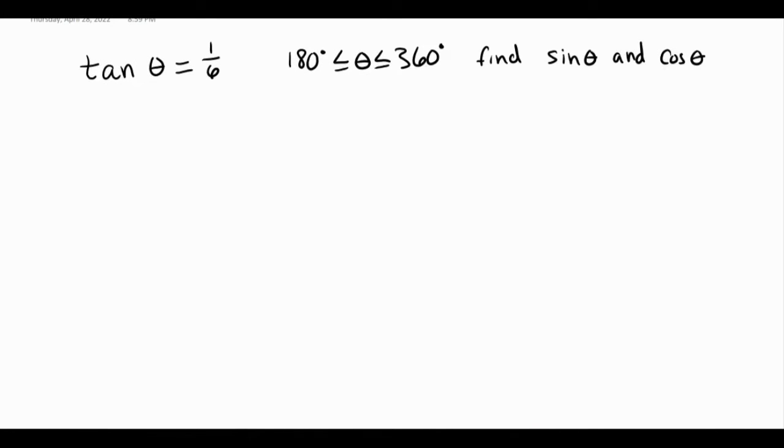Thanks for stopping by for this trig identity video that's a little bit different than the first one we've talked about. But basically a question that I might ask you looks something like this. So far, we've kind of talked about if we are given sine or cosine, we have to find the other one. Well, there's another option where I might give you tangent of an angle and then have you find both sine and cosine. So a couple things that we need to know about this is, first of all,